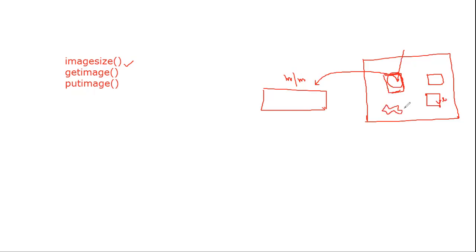you have to make an imaginary rectangle so that your object fits within this rectangle.